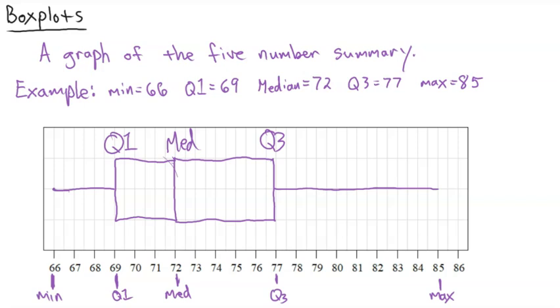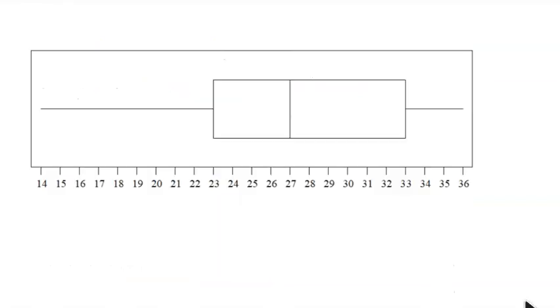Now I'm going to show you a pre-made box plot, and from that, we're going to identify the 5-number summary. All right, here we've got a box plot, and as you can see, here's the line, and then the first box, and then the second box, and then the line. Okay, that's how a box plot is. If we go all the way to the left here, that's going to be the minimum, and then this line right here, that's going to be quarter one,